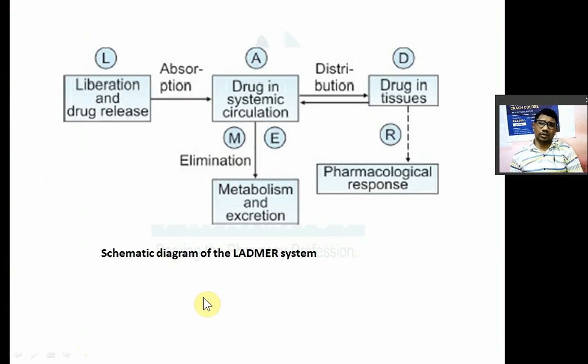How drug is introduced, how it is liberated, how it is absorbed. So first it is given by this system known as a Latimer system. What is Latimer system? These are the capital letters L, A, D, M, E, R. L मतलब क्या, liberation, A मतलब absorption, distribution, metabolism, elimination,